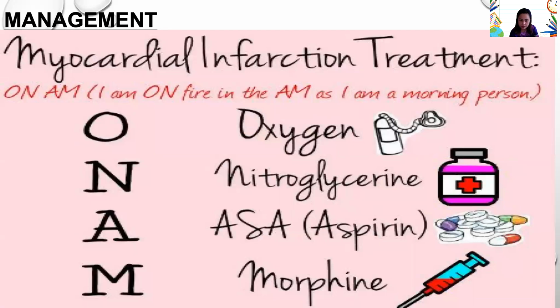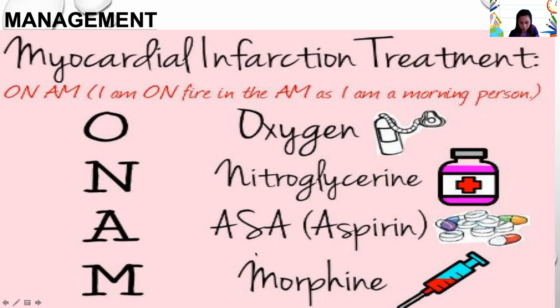So, anong treatment mo pag meron kang MI or heart attack? So, just always remember si Mona Lisa. Okay? Si Mona Lisa. So, ibig sabihin nun is si Mona. So, M for morphine, O for oxygen, N for nitroglycerin, A for aspirin. So usually itong treatment na to pag nagkaroon ka na ng recurrent heart attack. Kasi pag first heart attack mo, hindi mo pa makukuha tong mga gamot na to. Pero pag inatake ka ulit, kung alam mo na ang MONA, so alam mo na ang iti-treat mo sa patient mo kasi available na yung mga gamot.